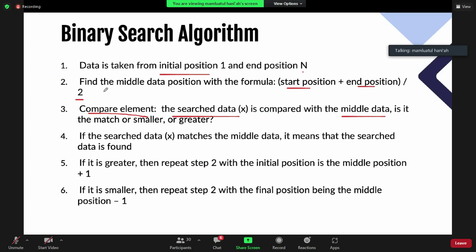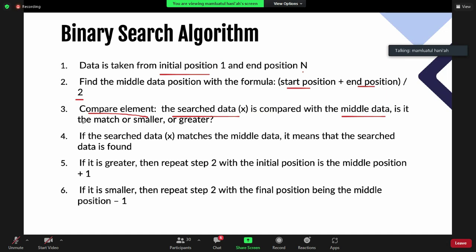If it matches, it means the data you are searching for is found at the middle position. If it does not match, jika tidak sama atau tidak cocok, ya, then you need to see if your data is greater than k or not. So you need to compare it with the middle.